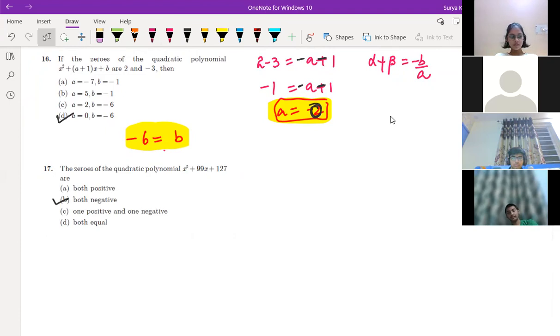Sir, I didn't understand how to do this. You didn't understand how to do. So what are the factors of 127? I don't bother, whatever the factors may be. Sir, I mean it's a prime, right? It's a prime you are saying. So there is no option as such.